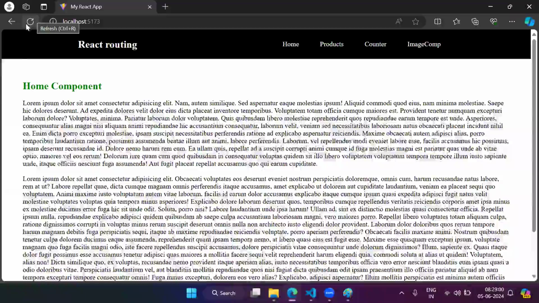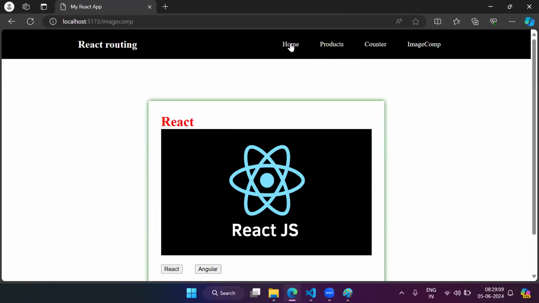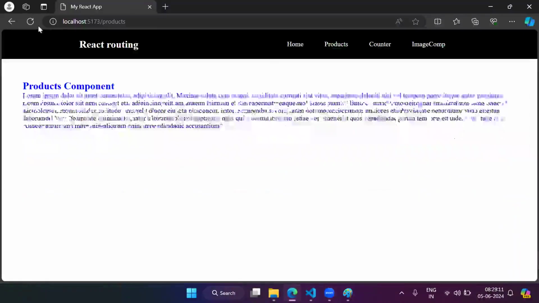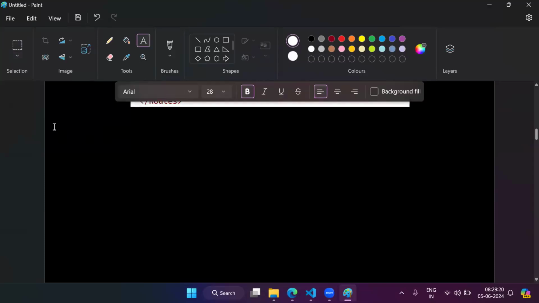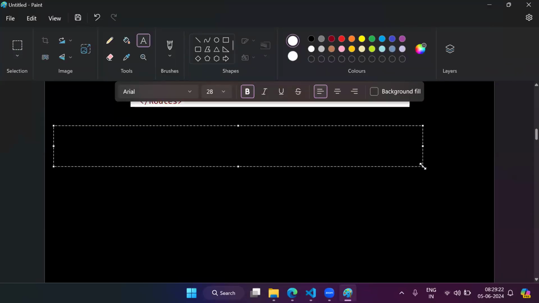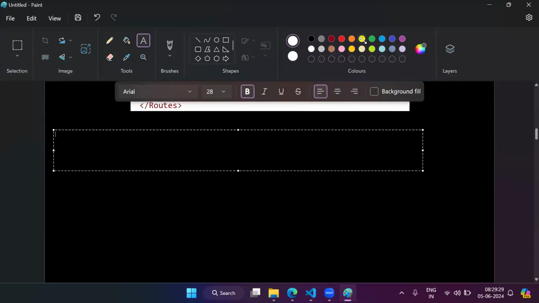So we should not reload our page whenever we visit any kind of link here. So how to restrict this reload part? For that, React Router DOM is providing us one solution. What React Router DOM is saying is, simply replace all your anchor tags with the link component. So what we have to do here is replace